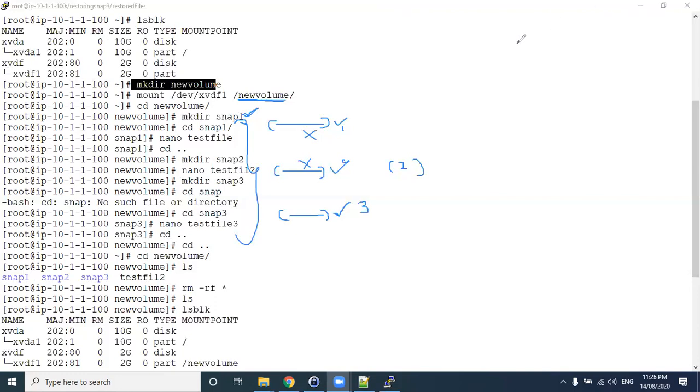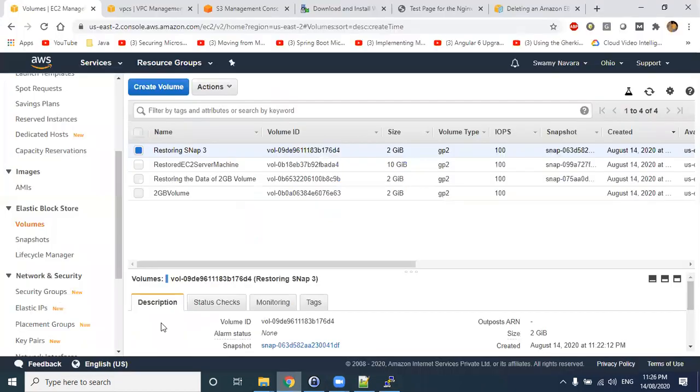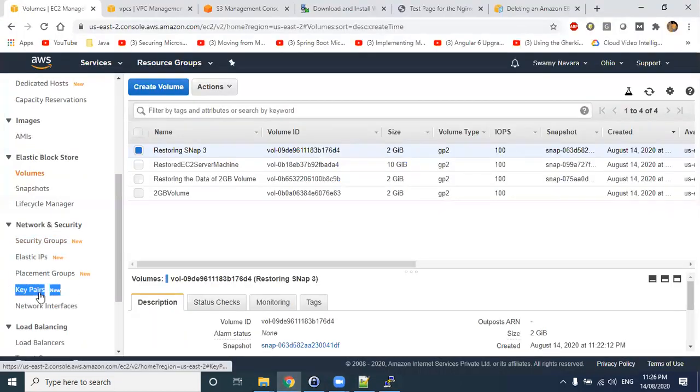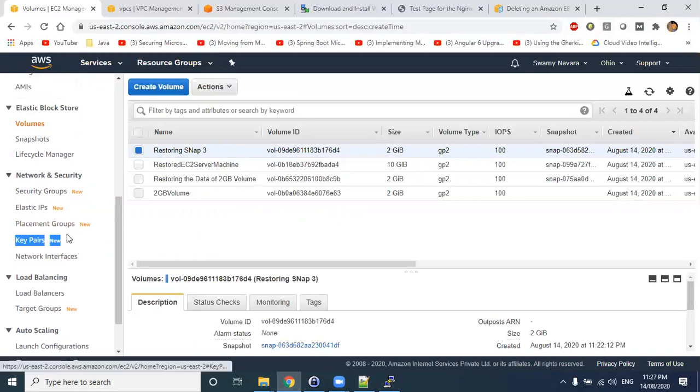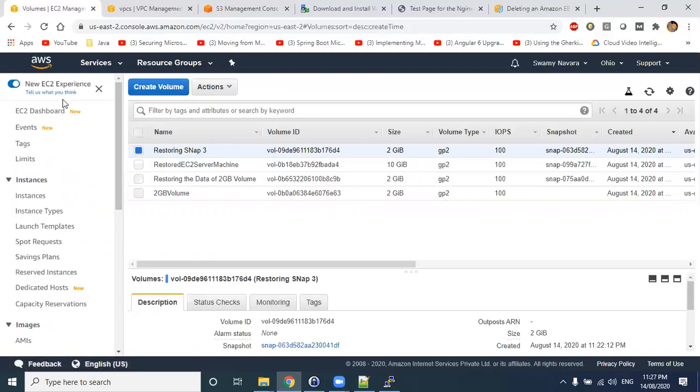Okay. Today it's already almost 11:26. So I'll try to cover one more concept which was left out in EC2, before we start load balancer and auto scaling groups. That is nothing but key pairs. So how to copy one key pair from one location to another location. So this we will see in tomorrow's session. Along with this, see, we need a 1.5 hour session for load balancers. We cannot complete it in 1 hour, we need around 1.5 hours. So I don't want to club the load balancer with any other concept. So in tomorrow's session I'll take key pairs, and session manager is there. Session manager is also an important topic.